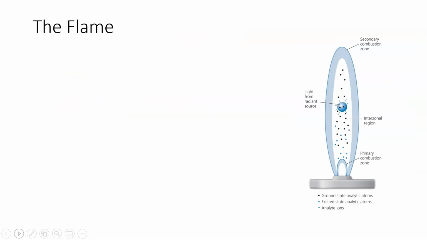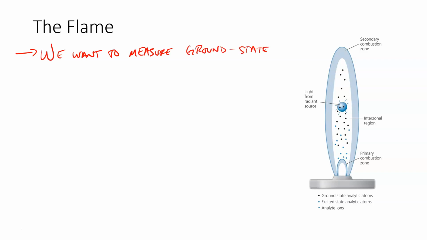So we get to the flame. We're starting to get to the good stuff, right? A couple of things to keep in mind as we move into talking about the flame. What we want to measure, right, are not ions and not excited state atoms, right? Ideally, we will measure ground state atoms. So we have to strike this balance between having a flame that's so hot and so intense that we just strip electrons off of it and we're making ions left and right. Right? We do not want ions or excited state